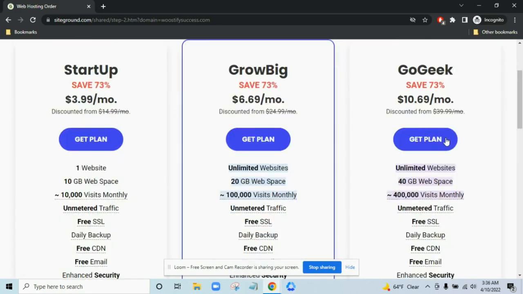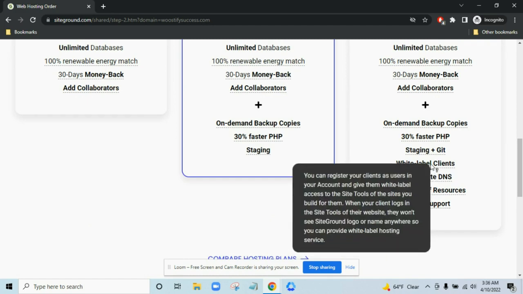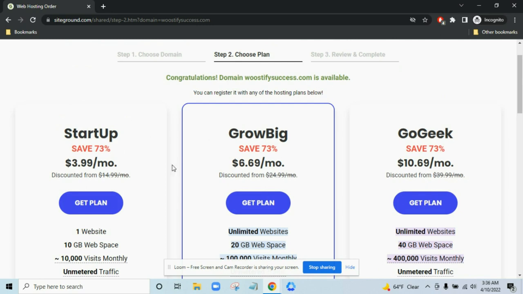And you don't really need the Go Geek plan. I mean, if you want to, you can get it, but it's more for people who want to do white labeling and stuff like that. So you don't really need it. So just go with this grow big plan. Okay, click on get plan,